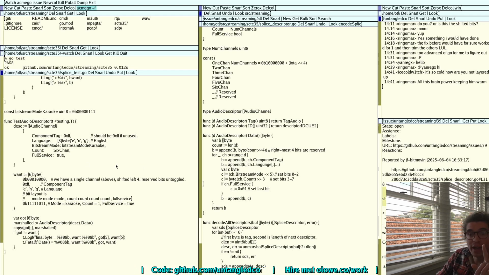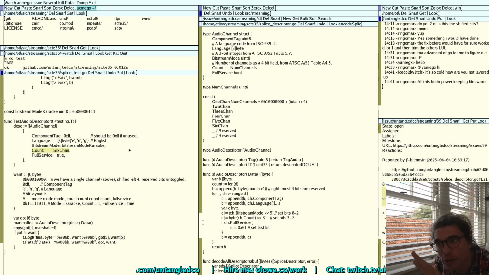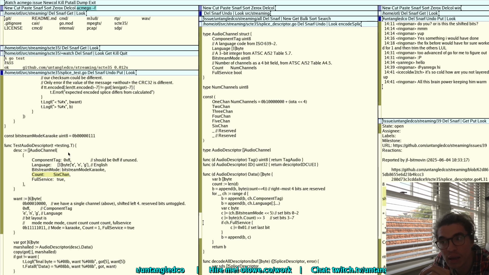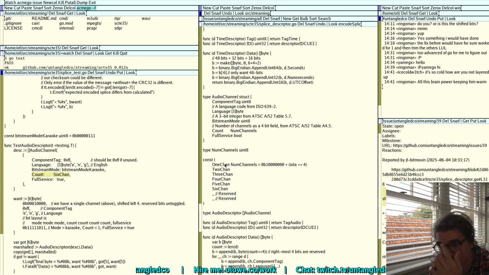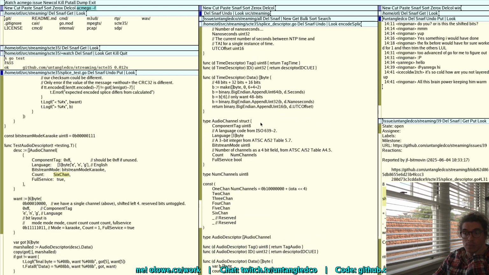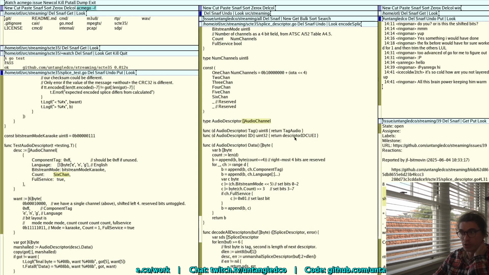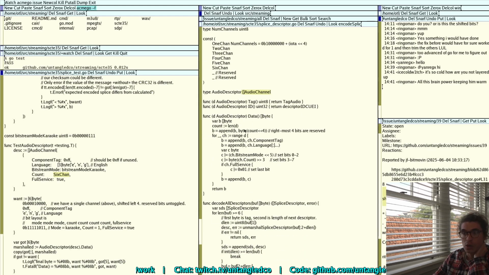Now I understand why they have... Oh, I get it now. I get it. Okay. This is why they have a little bit of redundancy in the message. So you start with this, now it makes sense. Because in the whole, not in the channel, but in the descriptor, which itself is just a slice of audio channels, right? You actually,